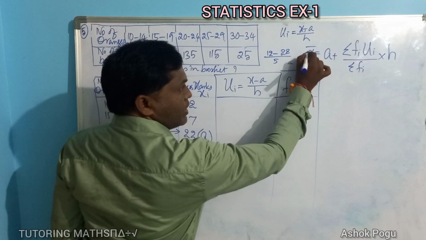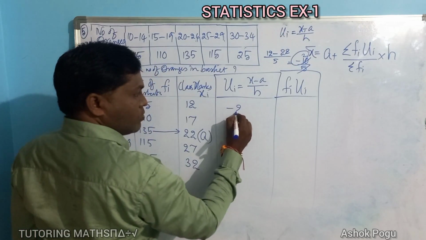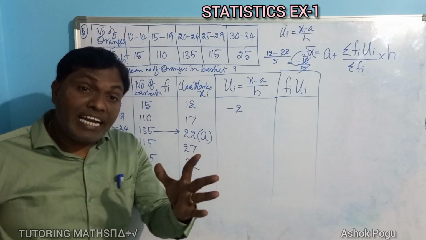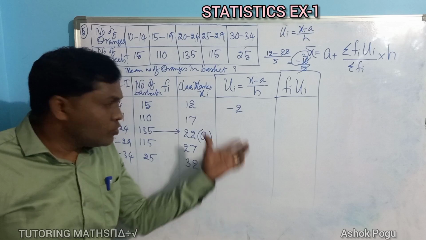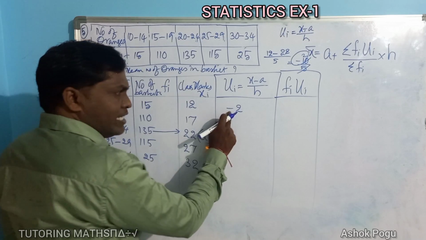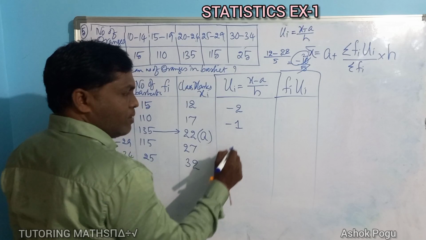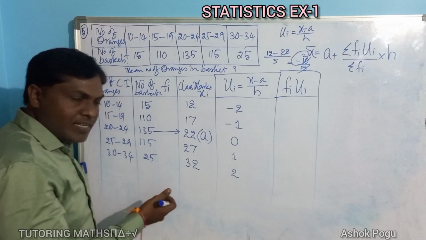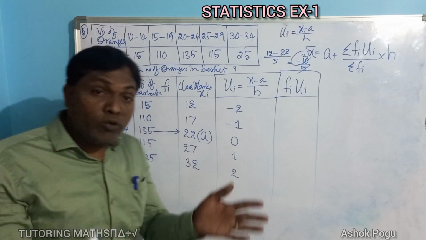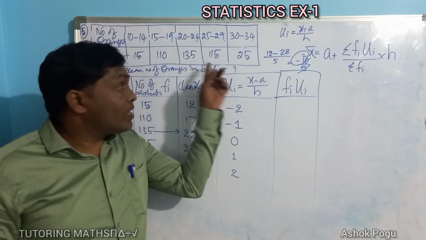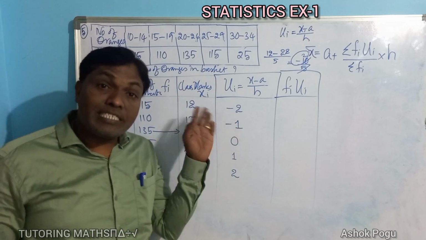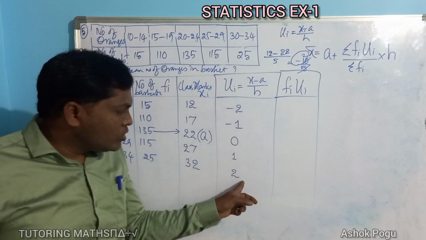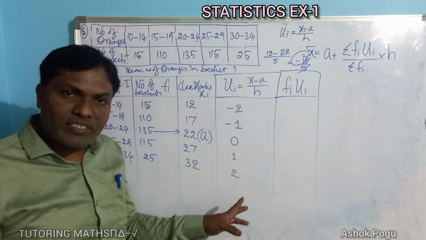5 on the 5 to the, it is minus 2. Then simply, blindly, you get these values. You can write, see here, if it is minus 2, automatically this will be minus 1, 0, plus 1, plus 2. You can check. Because always, if you take any question to find the mean by using this step deviation method, in this fourth column, values will always follow this sequence. That's it.